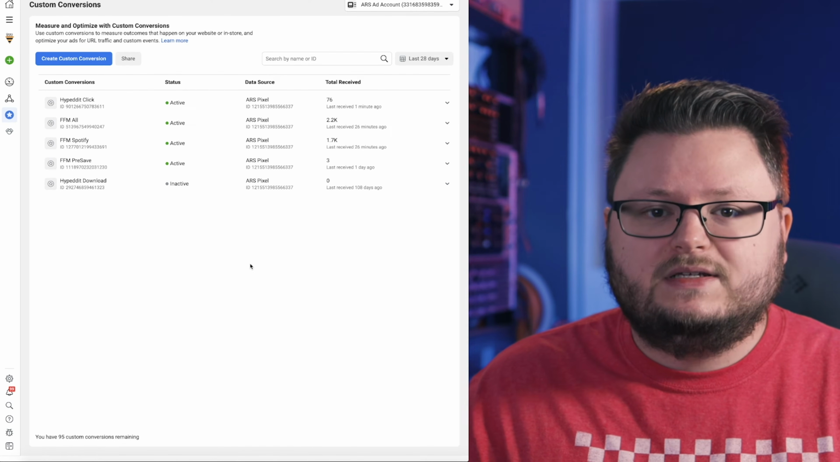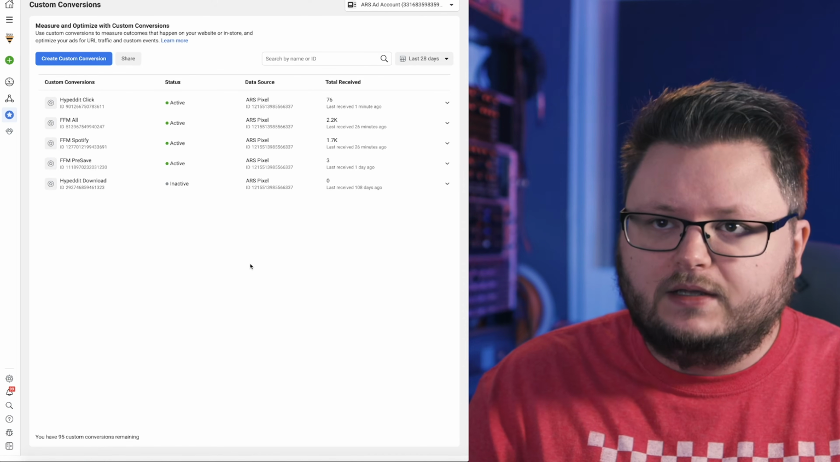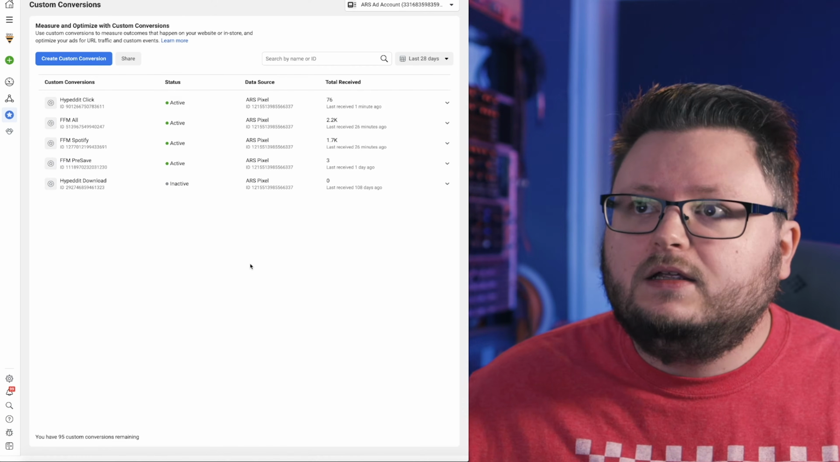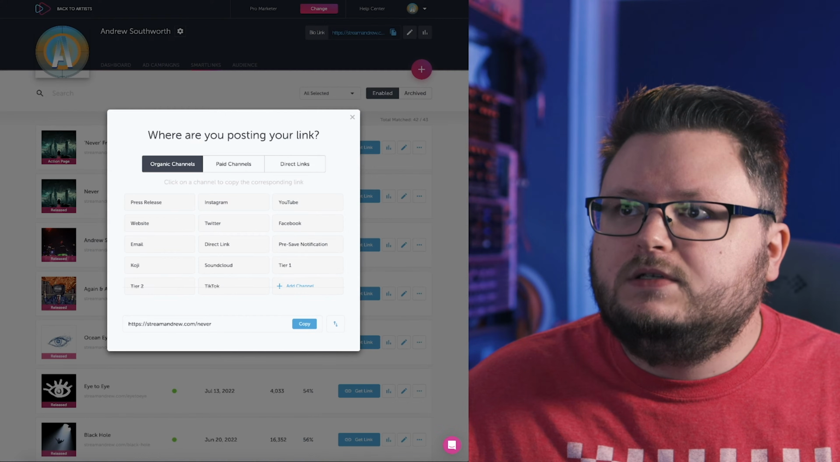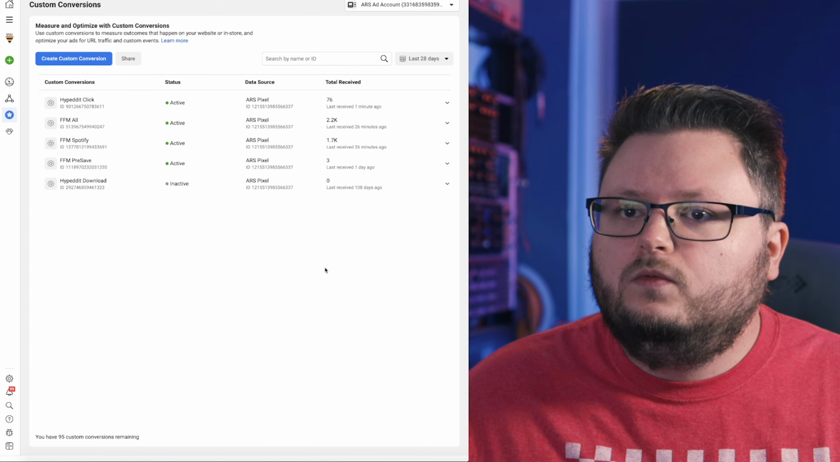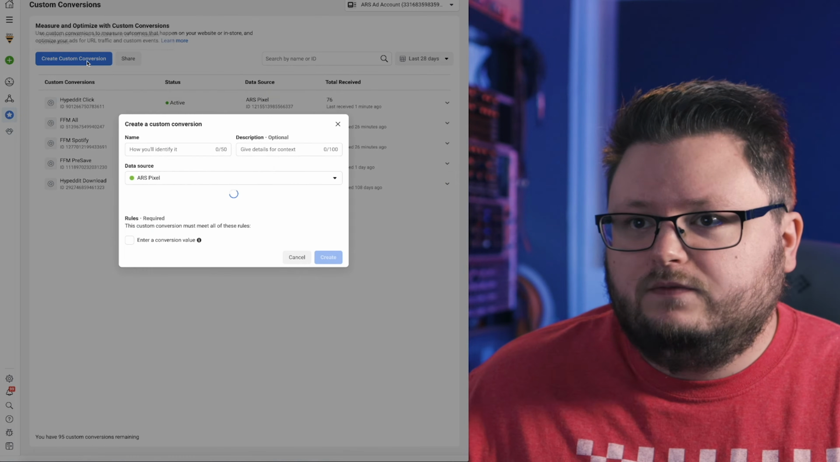Facebook knows what they are. They assign them to common things like looking at a website, lead for giving an email address, purchase for buying something. But if you have something that's more unique, like clicking a button on a landing page so that someone can go stream your song, and same for Feature FM, you have to make a custom conversion with that. But how do you do it? So I'll click Create Custom Conversion,